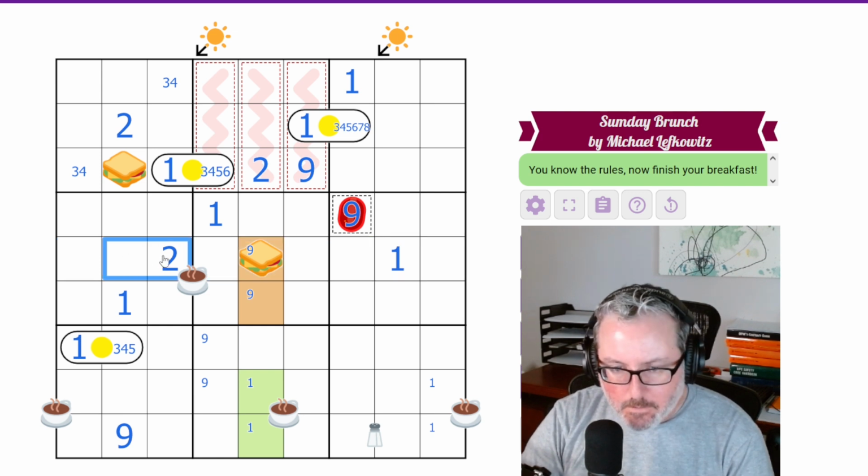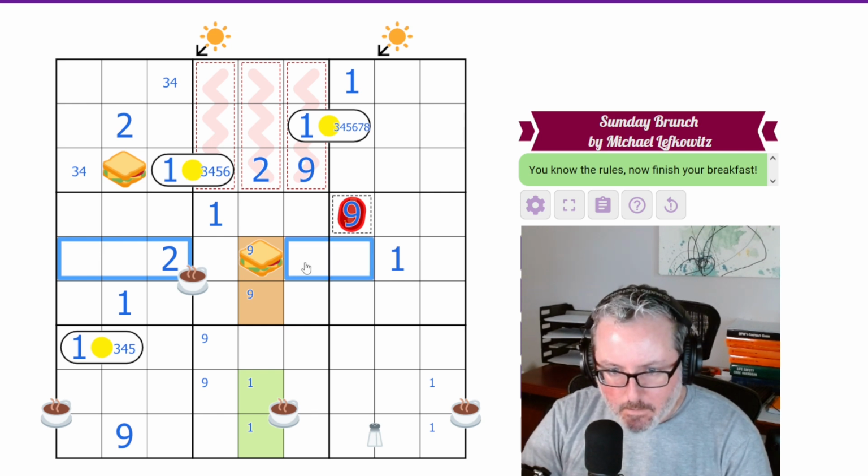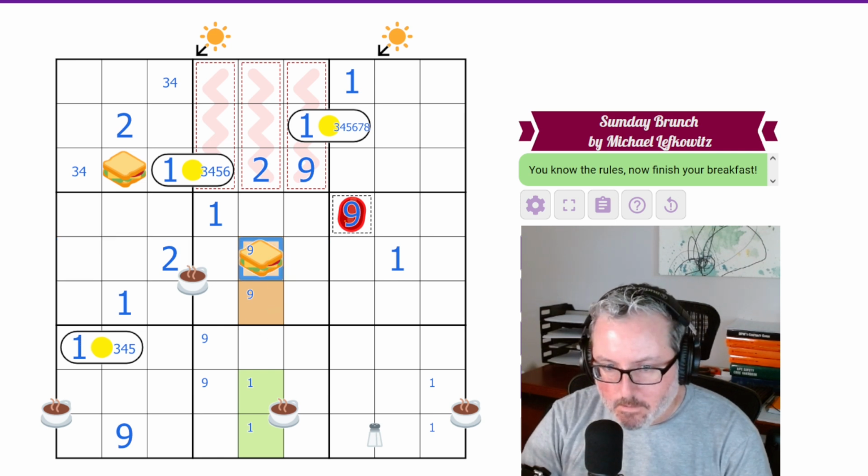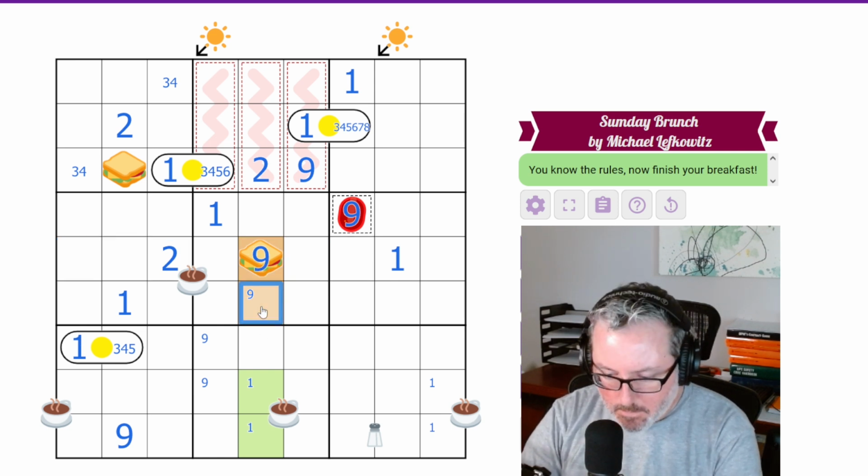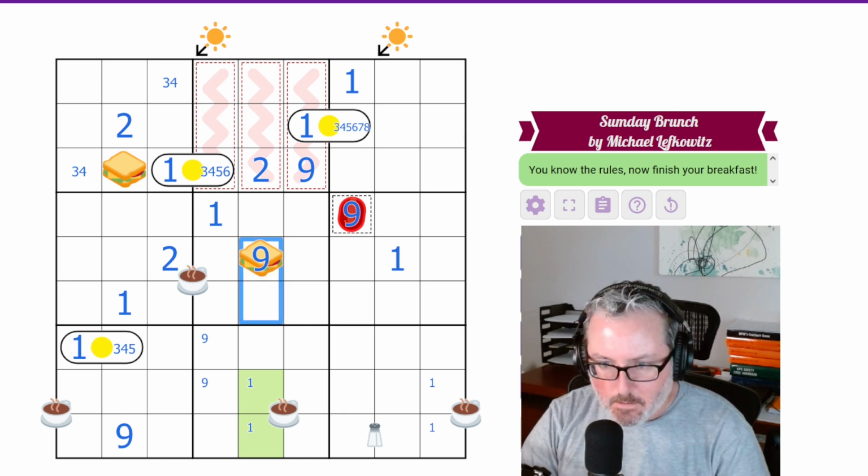We know it can't be there. It's not going to be out here, because then you have this massive amount of numbers. It can't be there. So it has to be one of these two. But we already know that it has to be one of these two, so it is this one. So there we go. Let's get rid of those, and then we can use the logic that we had started